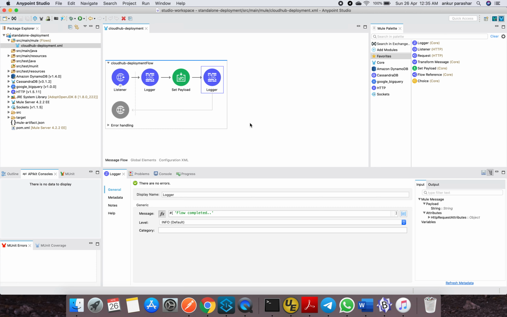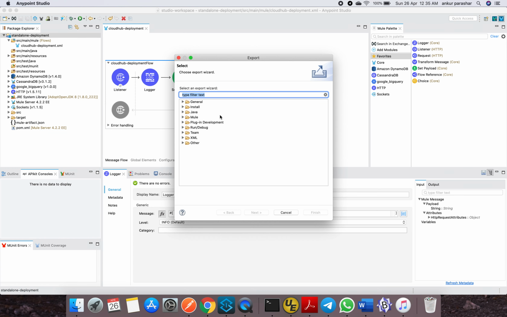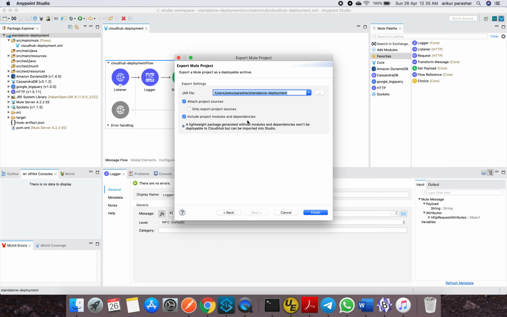So let's start to export this particular project. We will right click and go for Export, and we will look for Mule and the deployable archive. Click on Next. Then it will give two options, whether you want to attach the entire project resources or include only the module dependencies.